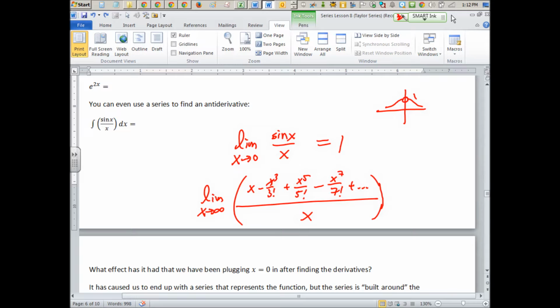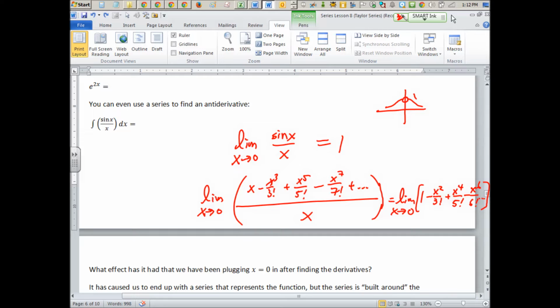I'm going to go to 0, not infinity, sorry. What happens when you divide by x? Doesn't it simplify? It becomes 1 minus x squared over 3 factorial, right? Plus x to the 4th over 5 factorial, minus x to the 6th over 7 factorial. You've lost an x,